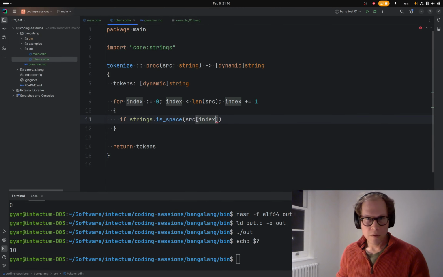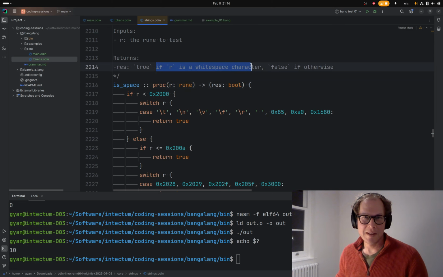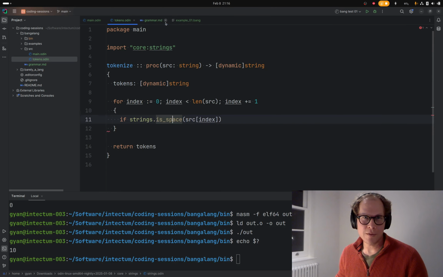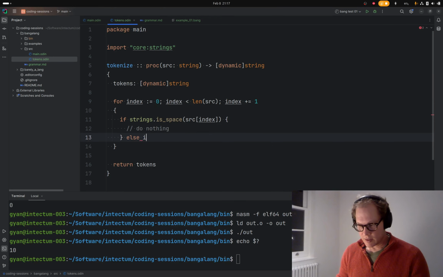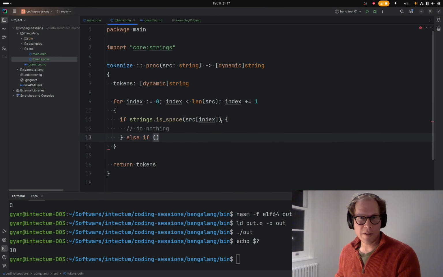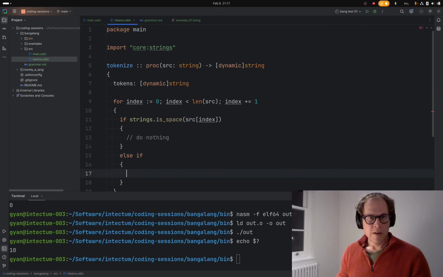So if our current character is white space, I don't really like this name, but it means if it is a white space character, it will return true. So if we found white space, then we just want to skip to the next thing. There's nothing to do. Do nothing. Otherwise, I'm mixing up my bracket positions. Otherwise,